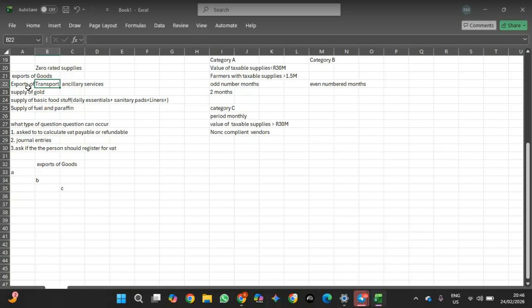And then for gold, that's straightforward. Supply of basic foodstuff, straightforward. Supply of fuel and paraffin. Remember paraffin, as long as you're not mixing it with anything else, it's separated, right? And then if you're asked to calculate, let's say, the VAT payable,